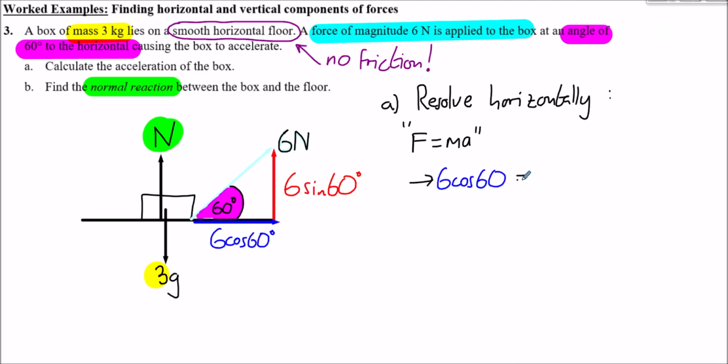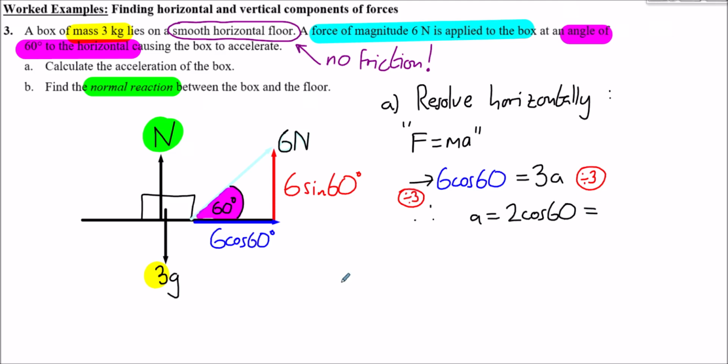And that's going to equal the mass of the object, which we know is 3 kilograms, multiplied by the acceleration. So 6 cos 60 equals 3a. Therefore, if we divide both sides of this equation by 3, we see that the acceleration will be 2 cos 60,